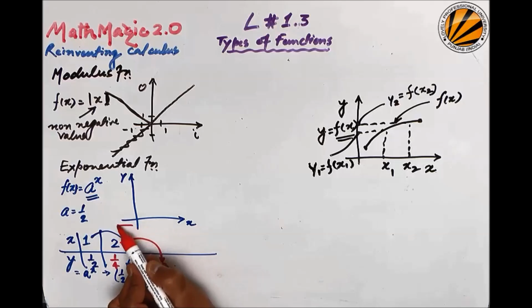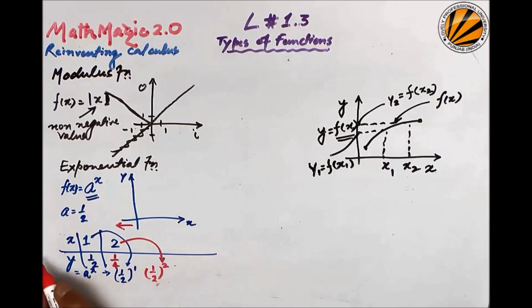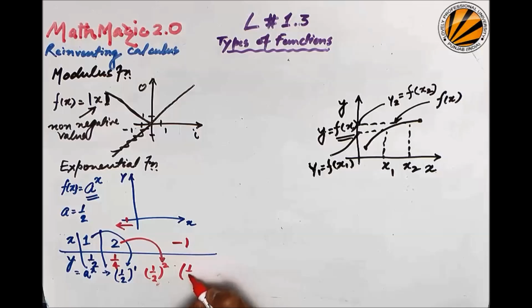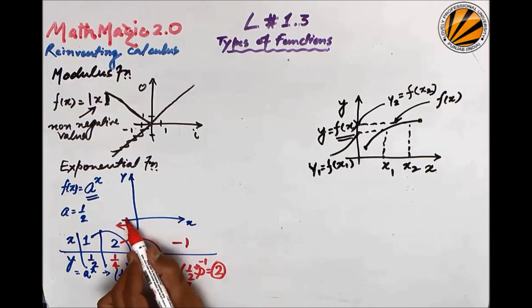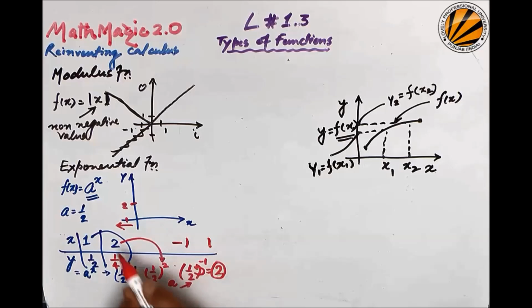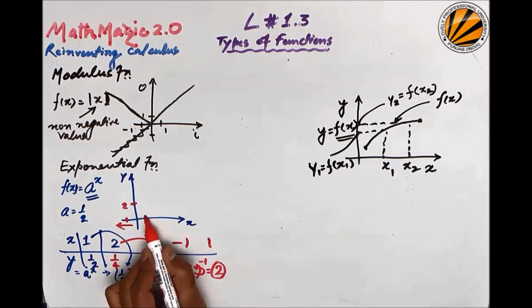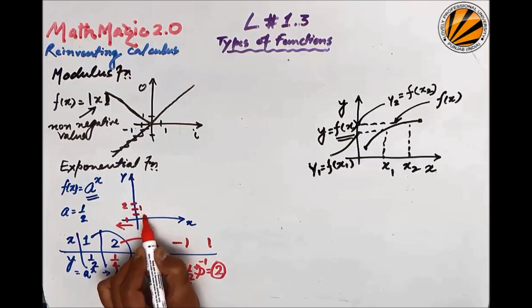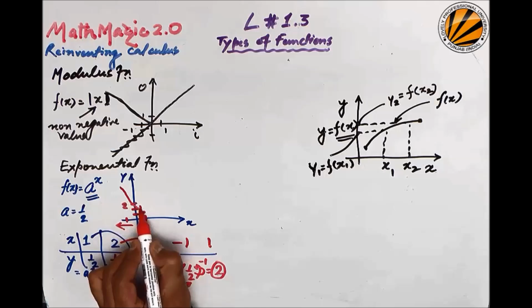If I look at the negative side of it, maybe on this side, if I plot it as -1, the input given is -1, it means it would be 1 by 2, because this is our a, and the power would be -1. Taking this denominator to the numerator, this would be 2. So for -1 it would be 2, and so on. For 1 it was 1 by 2, meaning when the input x given is 1, it was half. Say for example this is 1, this is half, so the point lies over here